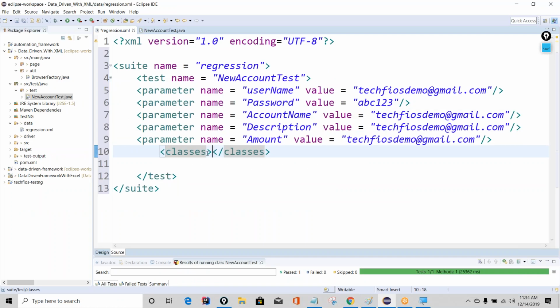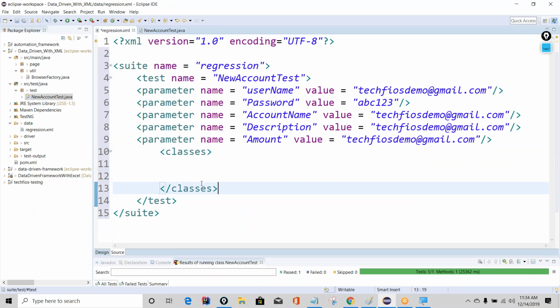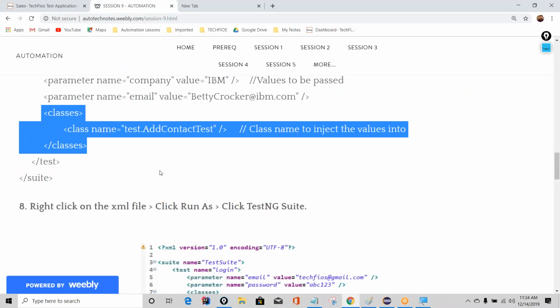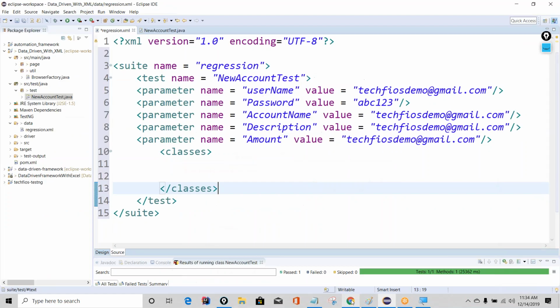Nothing, no attribute for classes, but inside the classes you add this tag called class and then give it a name and just shut it down right there. You don't have a sandwich system here. So open close. Class name equals